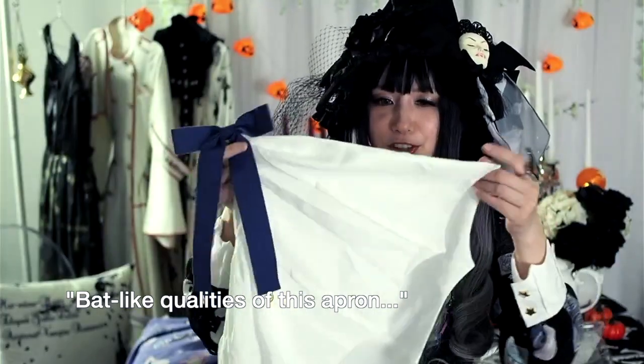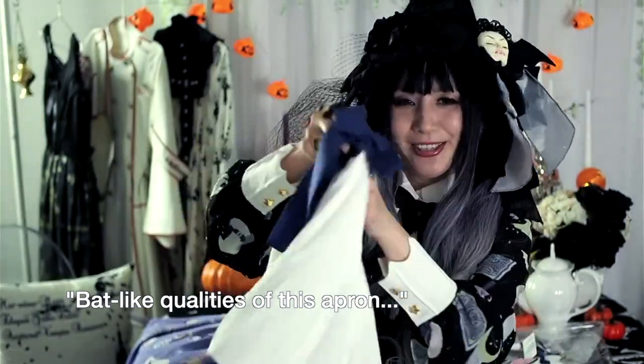Detailed stitching on it to kind of show bat-like